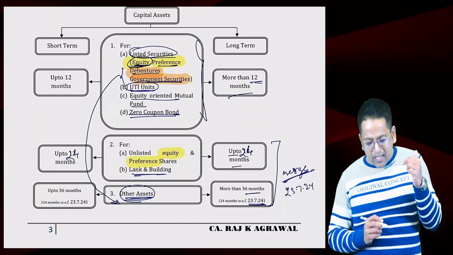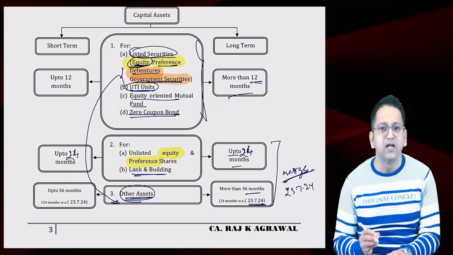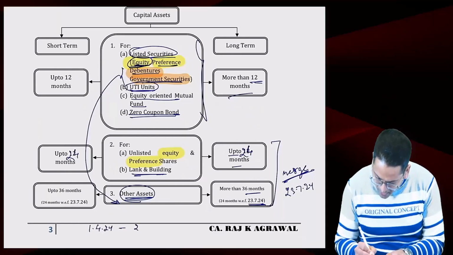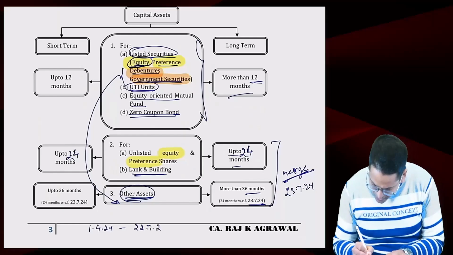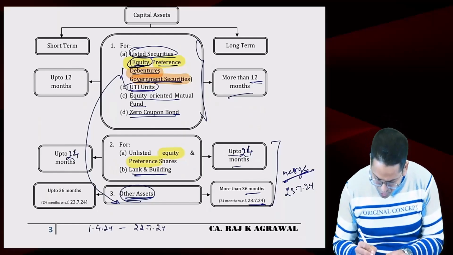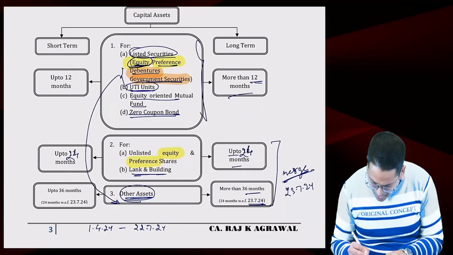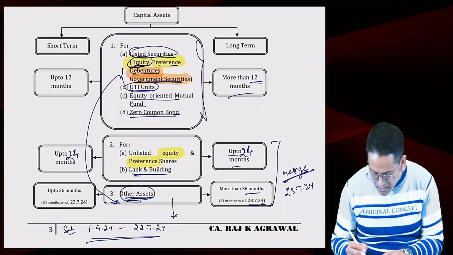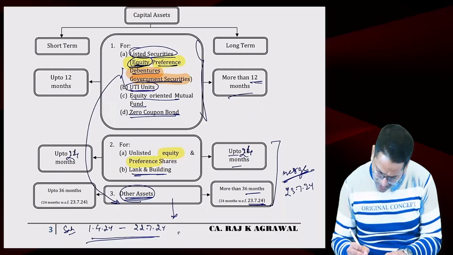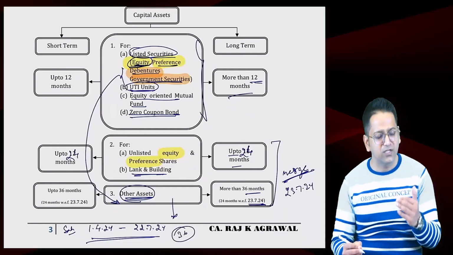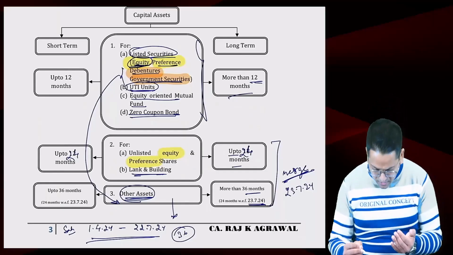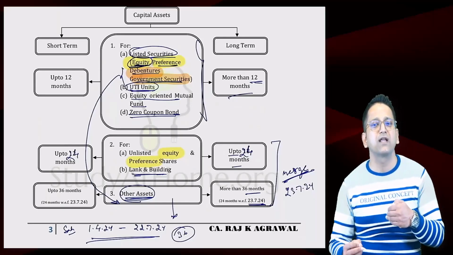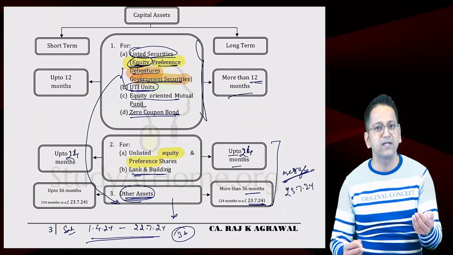But because of July 23, this means that in this financial year, if you have sold a capital asset from 1/4/24 to 22/7/24, then what will happen if other assets are sold within this period? If the sale is between these days, then 36 months or more than 36 months is considered long term. But if it was sold on or after 23 July 2024, then 24 months will be called long term. Did you understand or not?